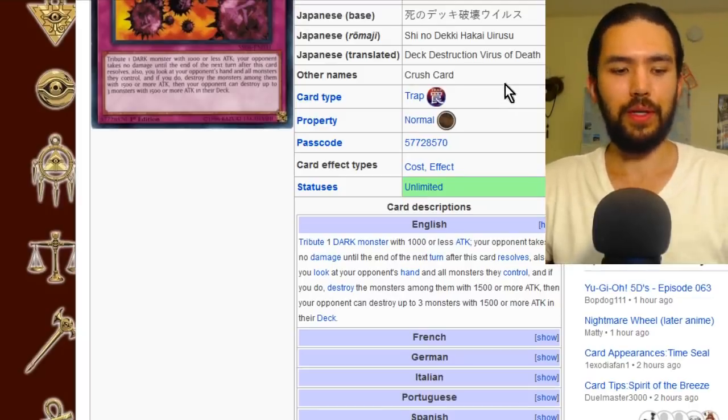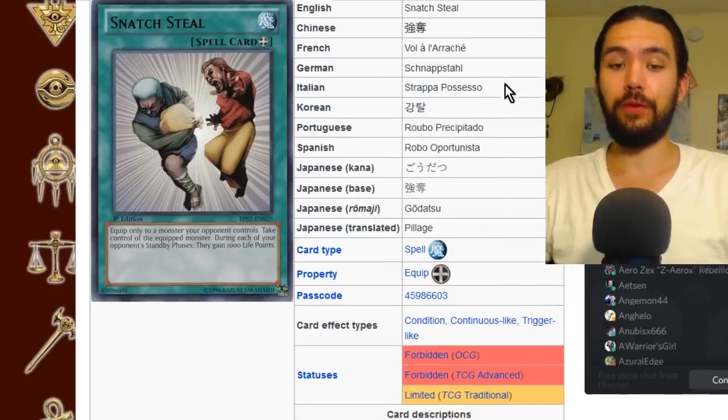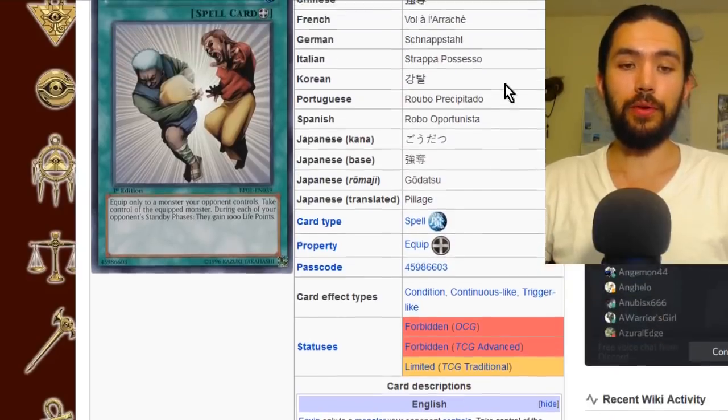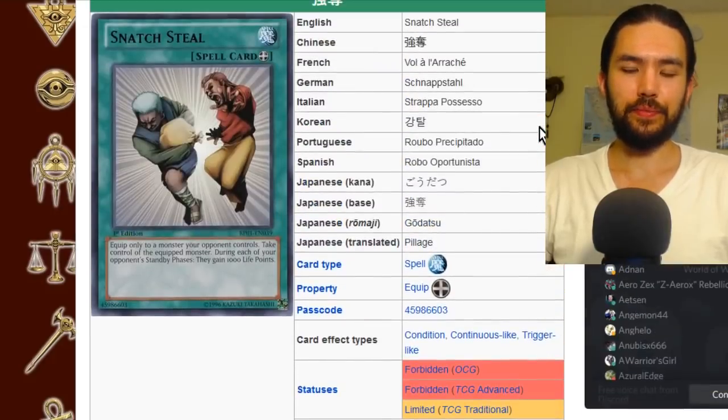Yeah, certainly. Snatch Steal, forbidden in the OCG, forbidden in the TCG Advanced. Equip only to a monster your opponent controls. Take control of the equipped monster. During each of your opponent's standby phases, they gain 1,000 life points. Yeah, I like Snatch Steal. Are we going to get it? Well, if it's too strong for the OCG...